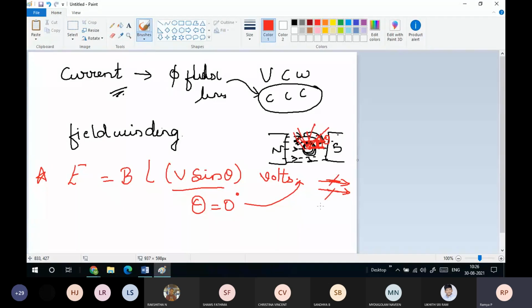So my angle is also here, and even the plane of the magnetic flux lines is also here, hence the angle theta will be 0. Suppose theta is equal to 90 degrees,